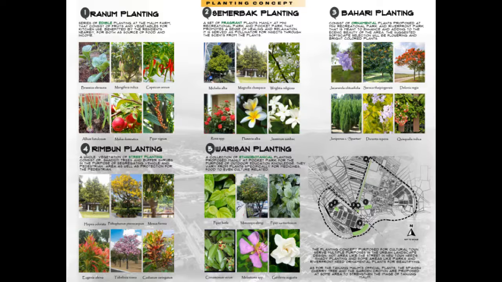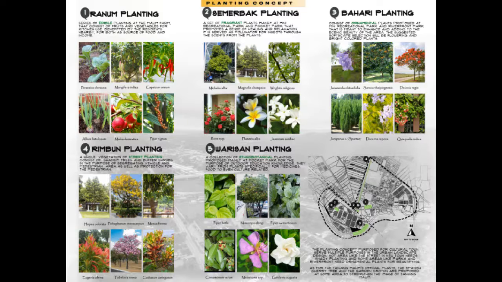For our planting concept, we have chosen several types of planting to be proposed in Tanjung Malim town. The first one is random planting, which consists of edible fruits and vegetables for kitchen use and will be planted at Malim Farm. Next, we have Semerbak planting that is purposed for fragrance to enlighten the mood and also function for healing and relaxation. This planting will decorate the mini educational park and also Edu Pocket Park. For the third one, we have Bahari planting that will be placed in the mini recreational park and also the riverfront park. This type of planting serves as visual enhancement.